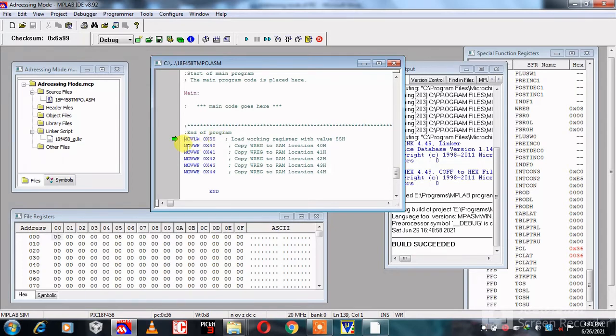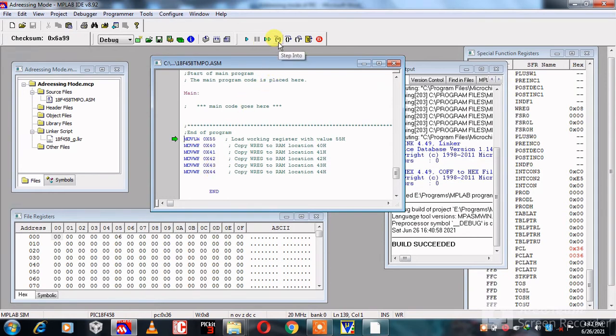Second instruction is MOVWF 0x40, means the value of working register is transferred to file 0x40, then same value is transferred to next location 0x41, then transfer to next location 0x42, then 43 and 44.